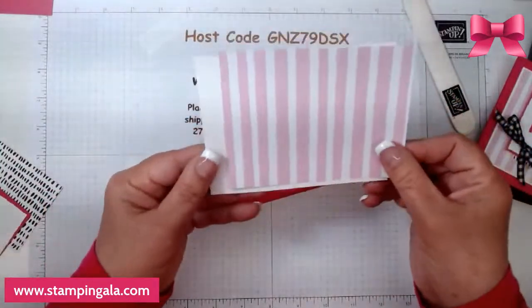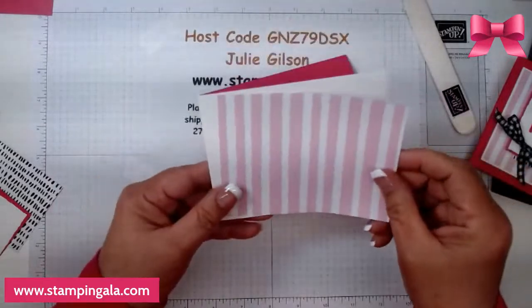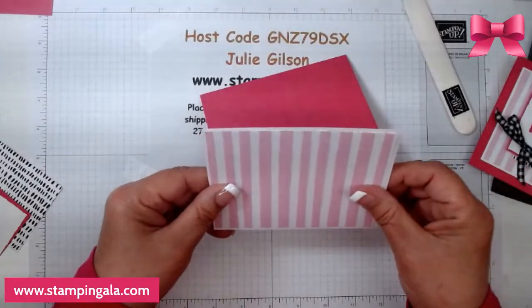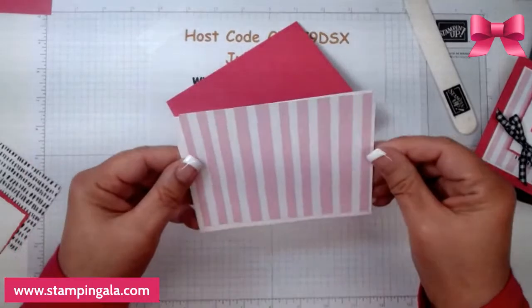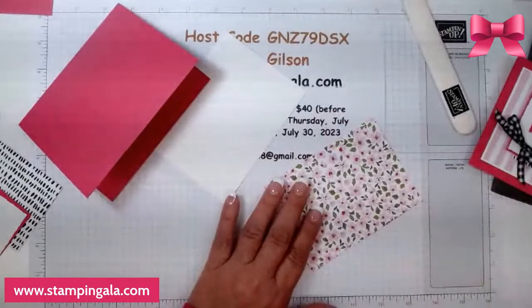Next, I have these 2 pieces, and this is real fun. I love this paper. This is from the Delightfully Eclectic set, and this is like a double pack of paper. It might even be more than that. But anyway, I'm going to put these 2 together, and